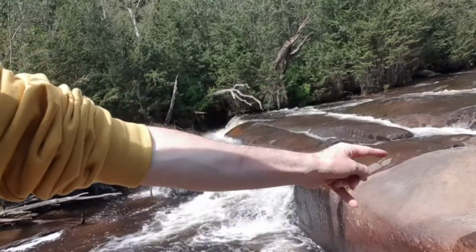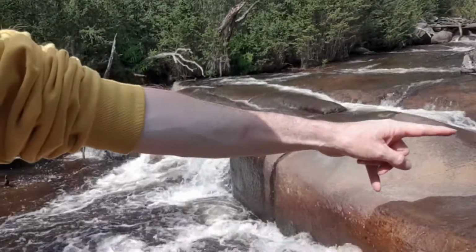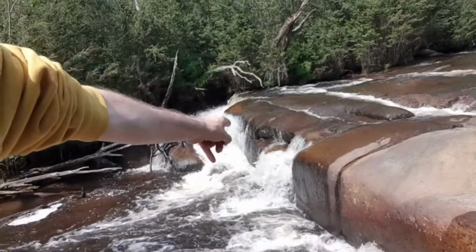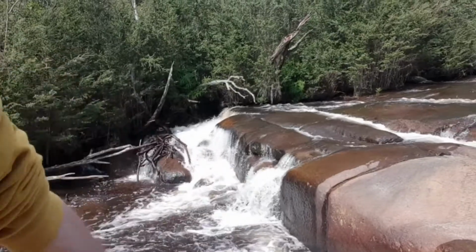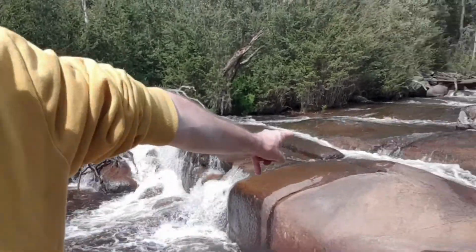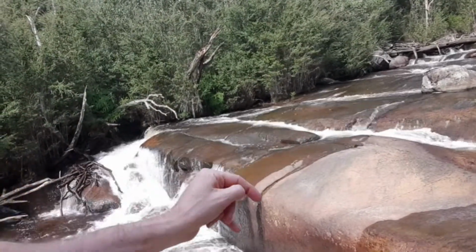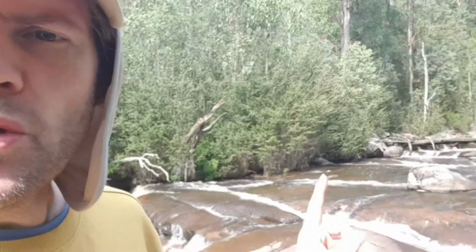Now, okay, so here's a fracture there, where the water is going through. There's a large fracture going along there. And you can see where that rapid is there. It's a large fracture right there. And there's one going around there. Whoop, and it's coming down that way. So that's another fracture. And that's how the rock will get eroded, through those fractures. And then it just slowly eats into the rock, so it gets smaller and smaller and smaller. And it's eroding it all the way upstream,